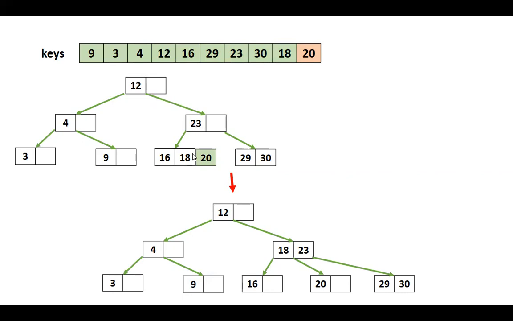See here in the insertion, when it's moving up, 23 is moved behind because it is always in ascending order. You can just see 18 and 23. Now 20 will be the right child of 18 and left child of 23 and this side remains as it is. This node is split. Fine. It's very simple.